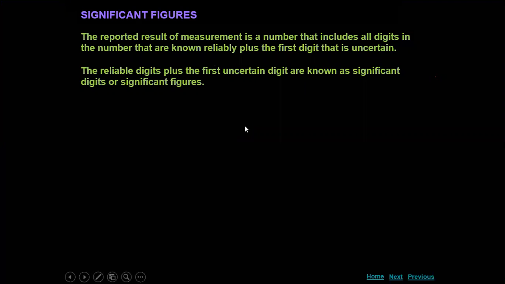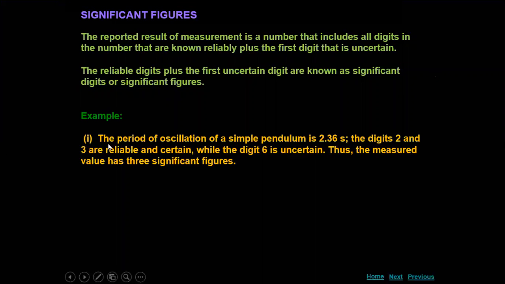Reliable means, when we go with an example, we will come to know clearly. Suppose when we are doing the simple pendulum experiment for the period of oscillation, we got the time period as 2.36. When we do the experiment again and again, with 2 trials, 3 trials, all for the same length, this 2.36 may slightly vary. 2.37 we may get, 2.38 we may get, 2.34 we may get. So this last digit may change when we do the experiment repeatedly.